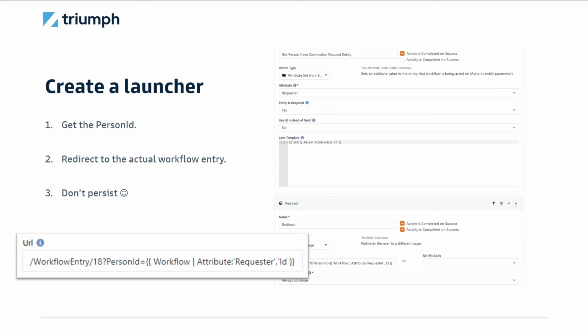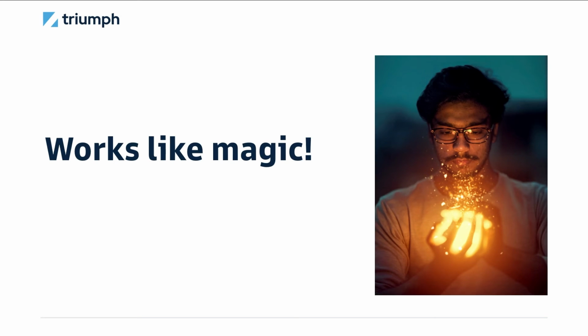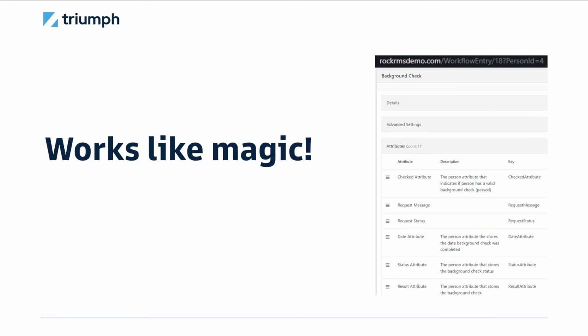Now the cool thing about this method is it's kind of like magic. Because when I was telling you, okay, we're going to link to the background check workflow and provide the person ID and the page parameter, your mind probably started attaching that to what we talked about a couple minutes ago with those page parameters and saying, I didn't realize that the background check had a person ID attribute. Well, if you come over and look at the background check attributes, it doesn't have a person ID attribute. The reason that I say it works like magic is